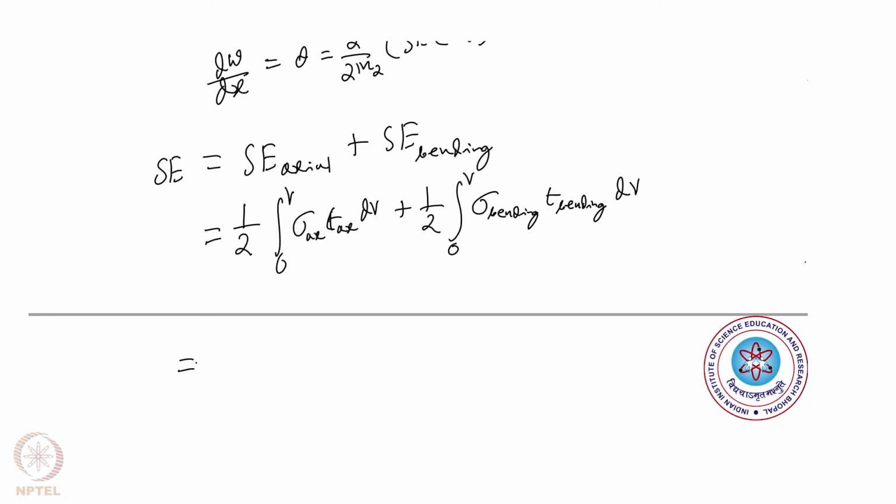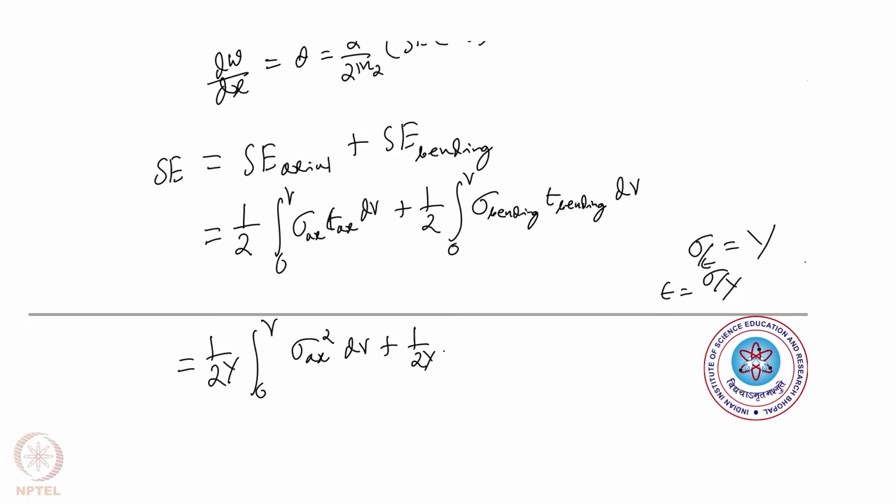Again we know that sigma by epsilon is equal to Y. So what I can write is epsilon equal to sigma by Y. So here we can write that half of 2Y into 0 to V sigma x square dV plus half of Y also comes out 0 to V